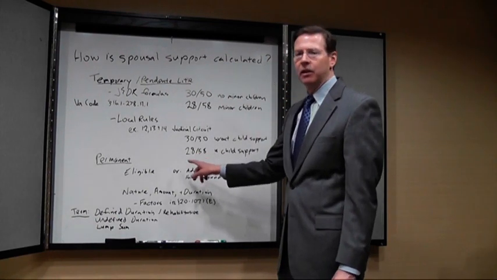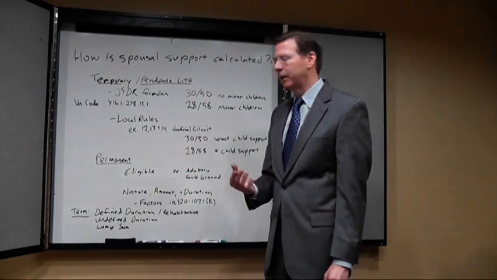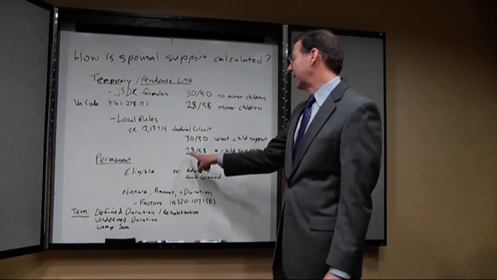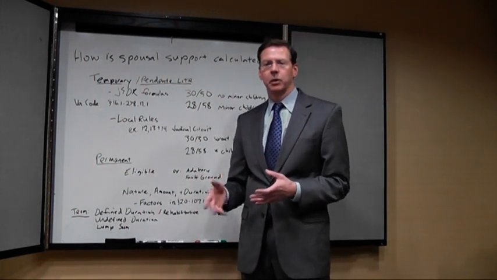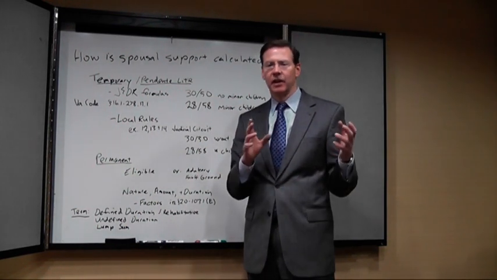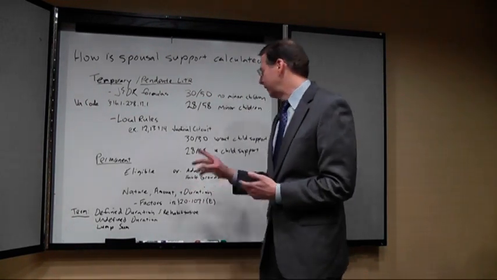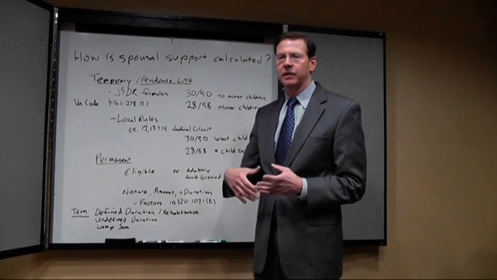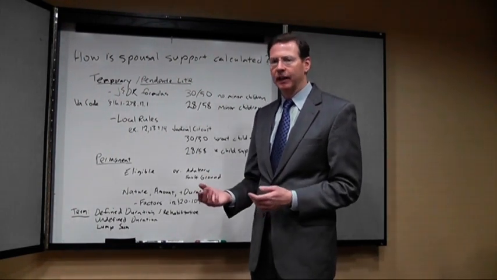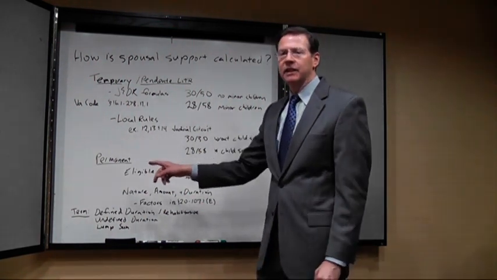Or if child support is to be determined or calculated by the judge, there's again the 28-58 formula. 28% of the spouse who will be paying support of his or her gross income minus 58% of the gross income of the spouse who will be receiving spousal support. Now, I mentioned that the second type of